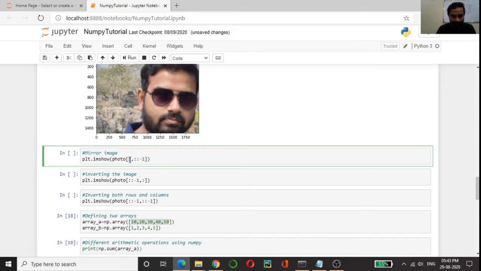For the row values I am just passing a colon, that means I want all the rows, and in the column value you can see that I am passing a -1 here. -1 means it will start reading from the last. So the row values would not have any impact, but the column values will be inverted. That means the left part will come on the right and the right part will come on the left.